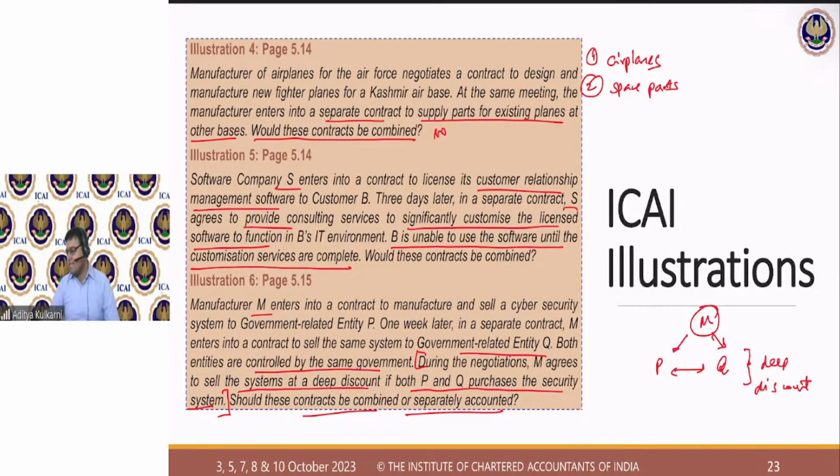So Pooja is right, Yadu is right. Okay, so I hope everybody understood. Vimal, I hope you understood. Yes. Okay. Anybody has any doubts in illustration 6? Because I got some answers saying that they should not be combined. Do not go by the definition of contract entered into with different people, P and Q. Yes, they are different, but they are related parties. And that is why, from the seller's perspective, it makes more sense to combine.